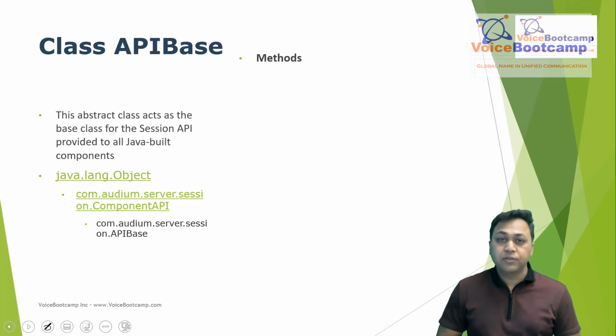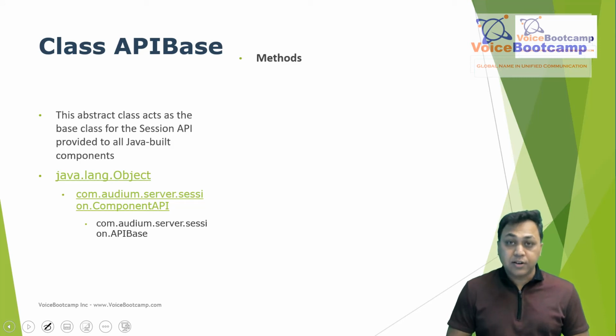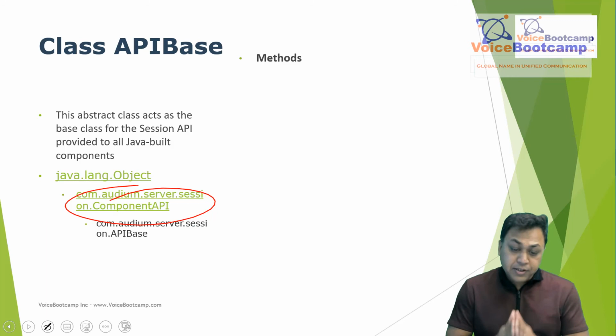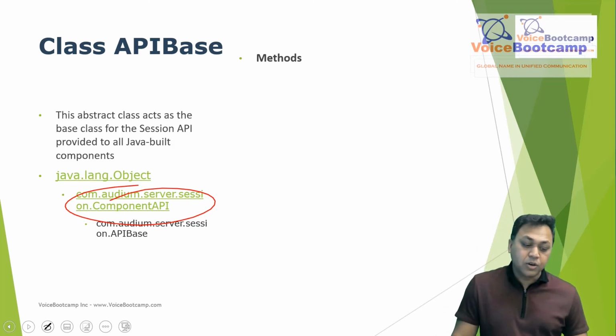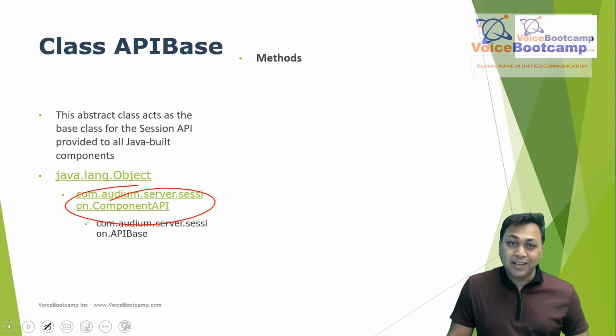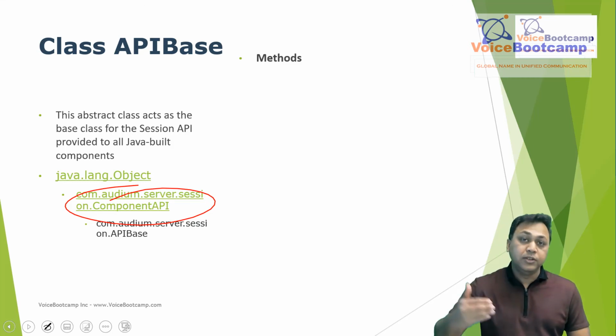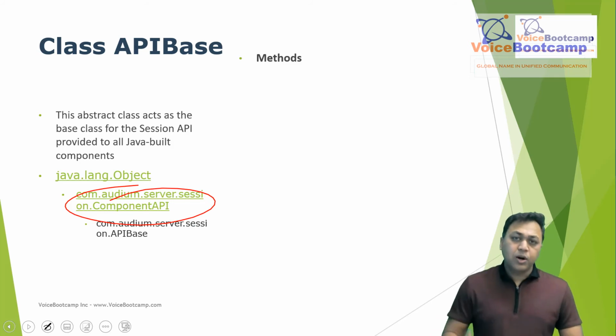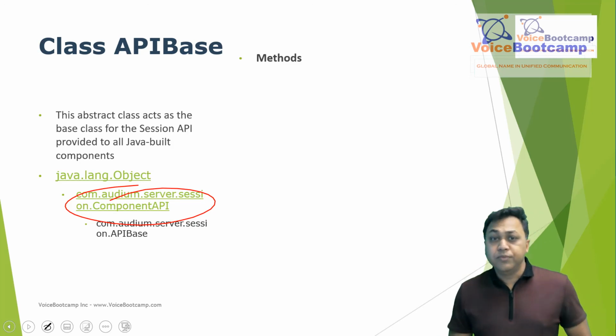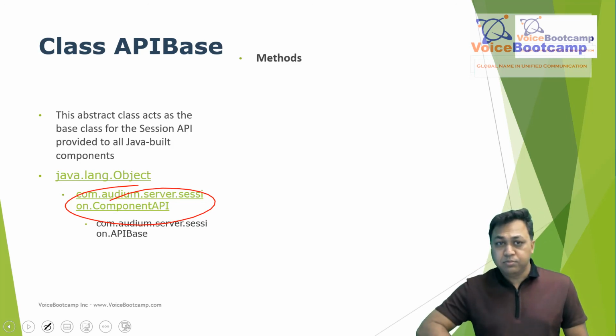Now, this particular API is part of this component called com.audm.server.session.component API. Now, there is Cisco documentation that allows you to go through all the methods that are available within that class, for example. I'm going to walk you through some of the methods just to give you an overview of what they are and what they do. But mind you, again, if you don't have a programming background or knowledge about Java classes, this may look a little bit